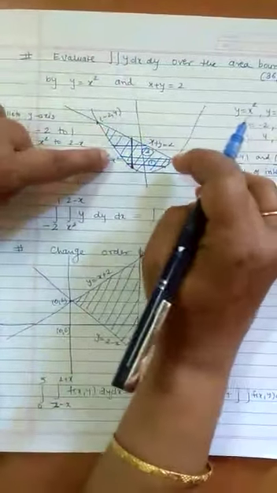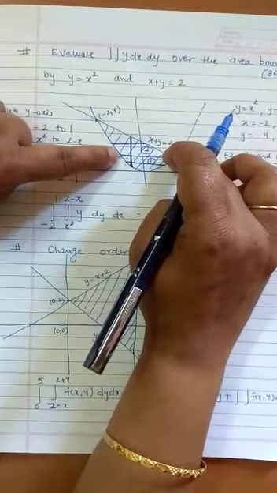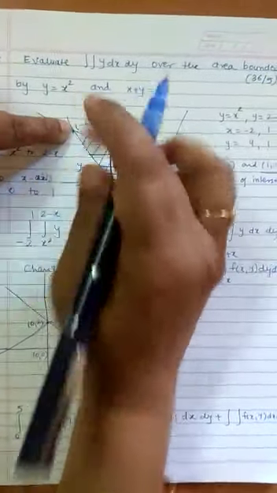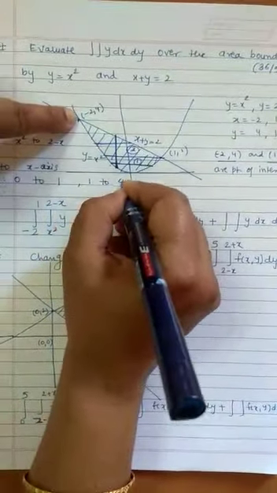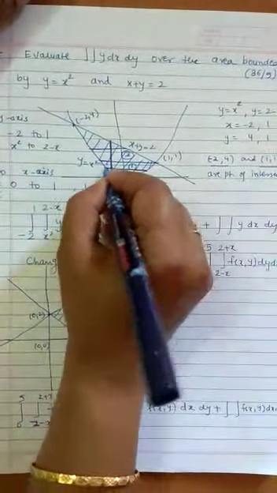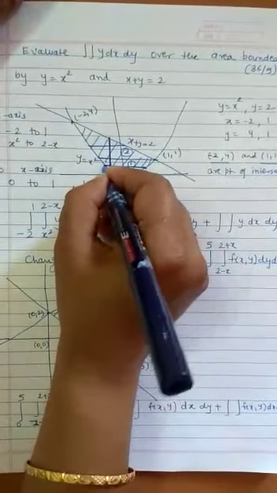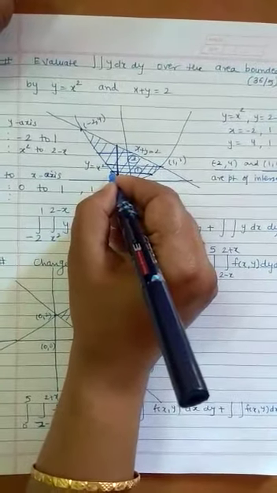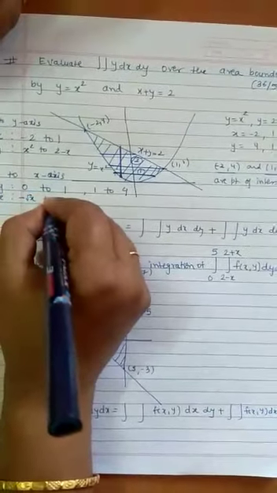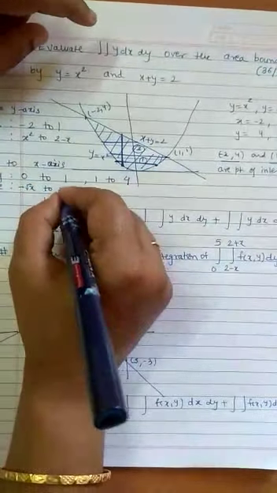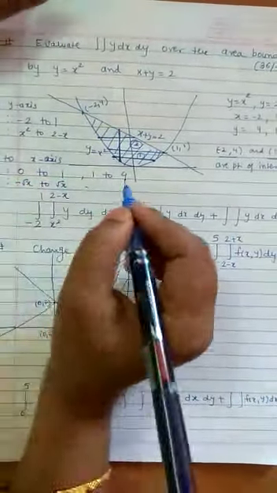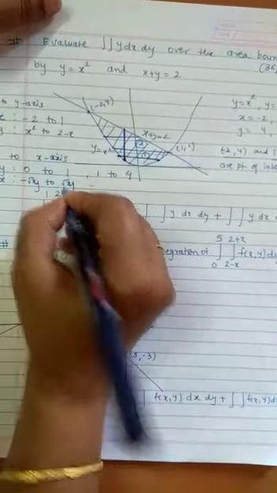This was the first region. In the second region, my y will be varying from 1 to, okay, I am having a parabola and a line, no problem. It is a smooth curve. So, y is now varying from 1 to 4. Fixing this strip in the first region, here y is x square. And this is in the second quadrant, so y is negative. Hence, y will be minus root x to this side y is plus root x. In the second region, your y is minus root y to plus root y.